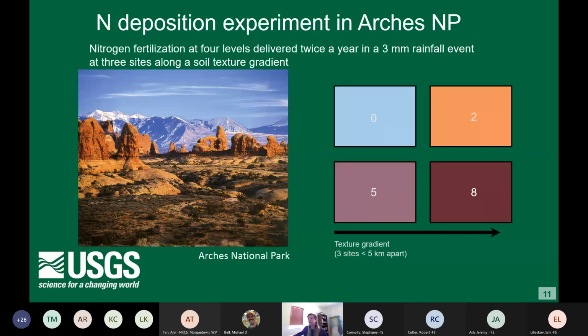They're all less than 5 kilometers apart, and in a full factorial design, they receive treatments at 4 levels. So there's 0, 2, 5, and 8, and this is all in kilograms of nitrogen per hectare per year. They receive this in an aqueous solution with backpack sprayers, and we apply it in the fall and the spring. So it's split up into two effective doses. This experiment is really interesting because there aren't too many long-term, or really any long-term nitrogen deposition experiments on the